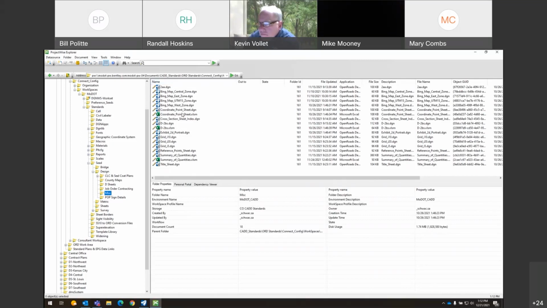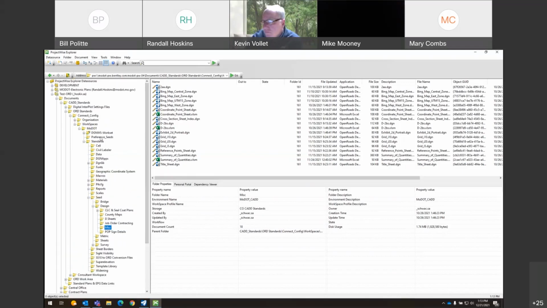Also under here, Chad has put some of the Excel files used for some of these sheets, like the summary of quantities, since most of the people in IS don't set up Excel and Word correctly anymore. We just decided to put the summary of quantities default sheet under here where you can get to it and copy it out. Figured that would be easier.